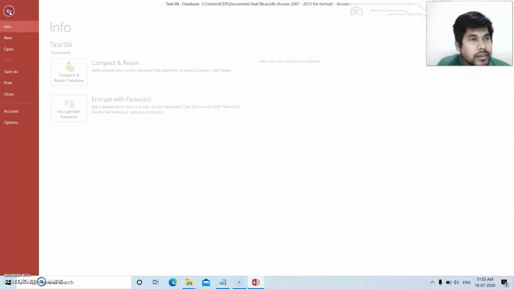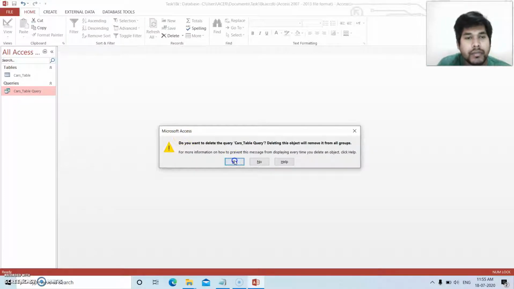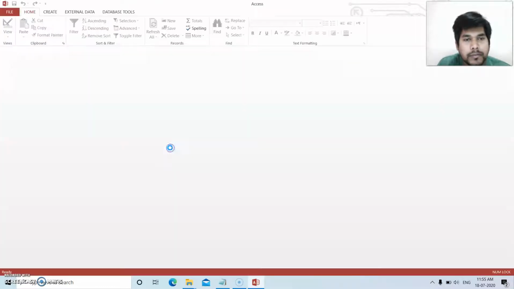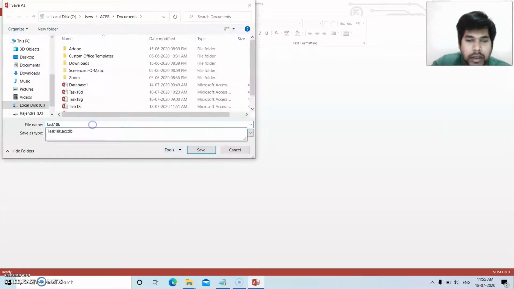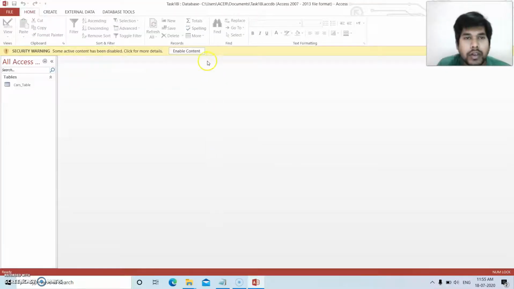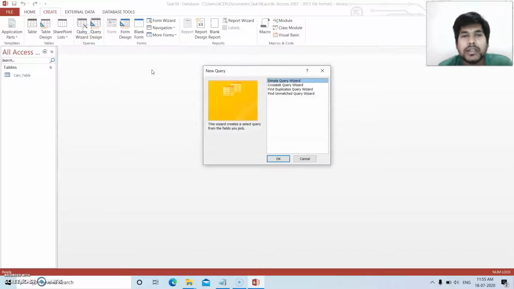Go to file. First delete this query because we are going to save a new one. File, save as 18L, save. Okay. Now go to create, same process, query wizard.